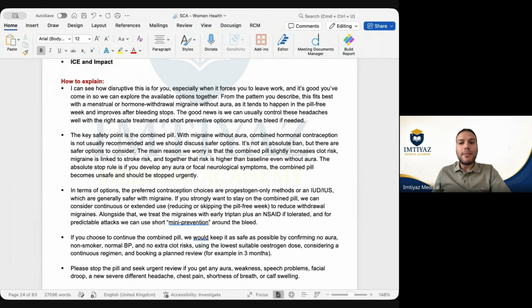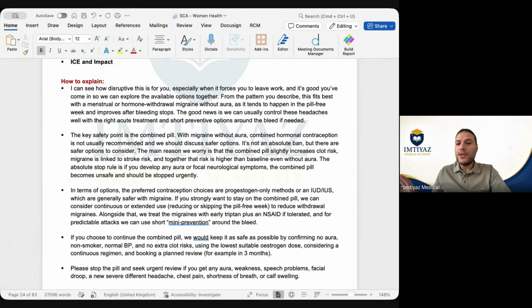So what about if you take it back to back without any pill-free interval? You can take it back to back for 3 months, 4 months, 5 months, and then take 3-4 days off when you will have some bleeding. What do you feel about that option? Or